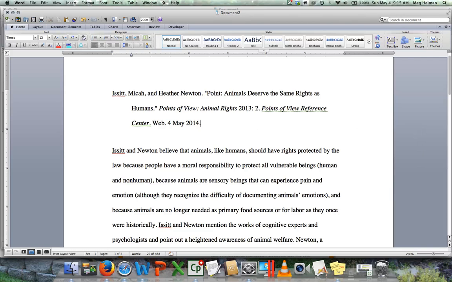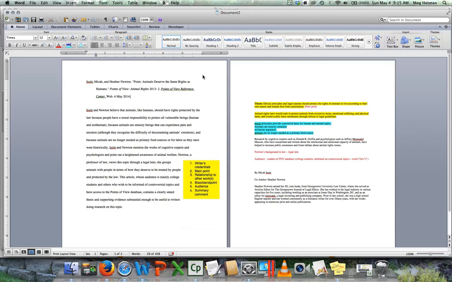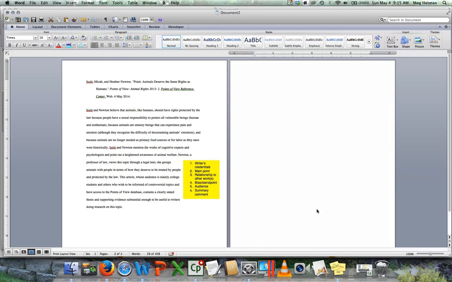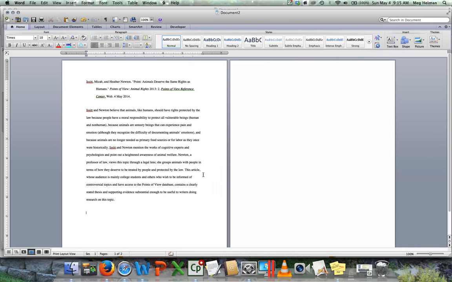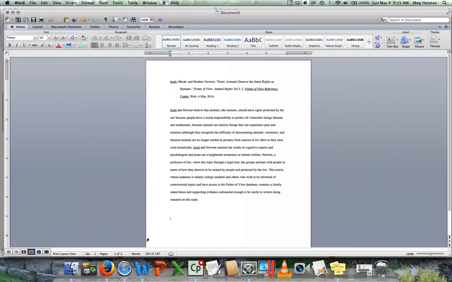Let me change my view here so you can see it. I'm going to get rid of all my notes. Get rid of all that. Get rid of this probably. This is an example right there of what an annotated bibliography could look like, at least the draft of an annotated bibliography, what it might look like, so that you have an example there